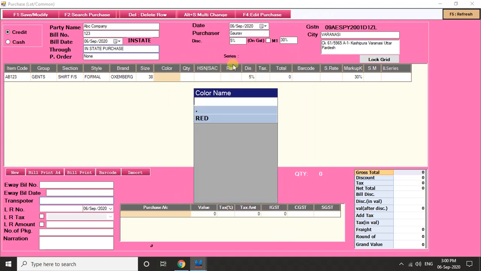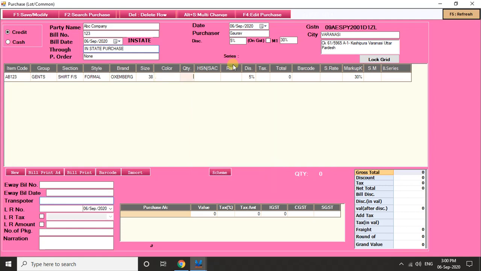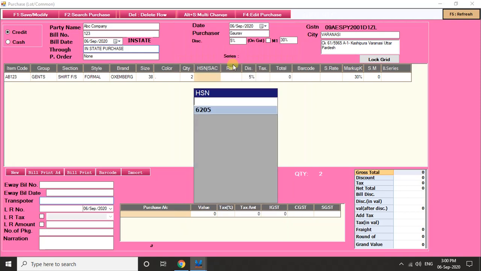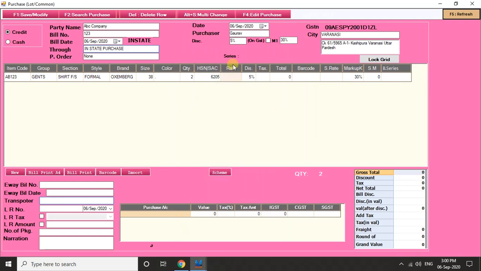By default we can check the dot one. The quantity of the product following article code of size 38 is in quantity how much? We will write 1 or 2 or 3. Now HSN, we don't have HSN, we will write the HSN of the product, that is 6205, which stands for the shirt. Now it's in the list. Now we will write the rate of the product,